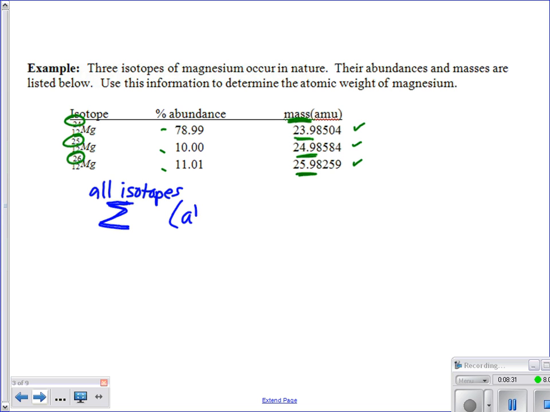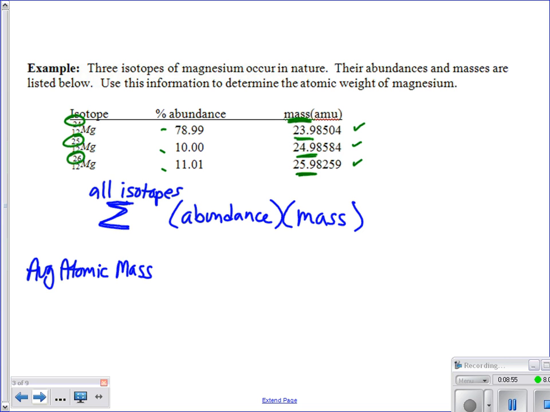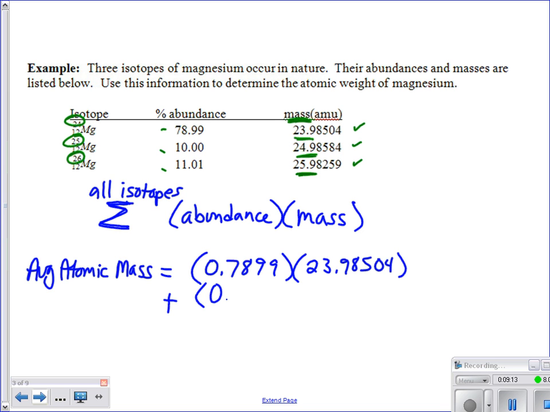And we are going to take our abundance times our mass. And we're going to decimalize that abundance. We're going to divide it by 100 right up front. So the way we're going to go through doing this, there's a couple different ways we could do it. I'll do it in a table form. But my average atomic mass is going to be equal to my abundance of 0.7899 times my mass of 23.98504. And then I'm going to add that to the next one, which has a percent abundance of